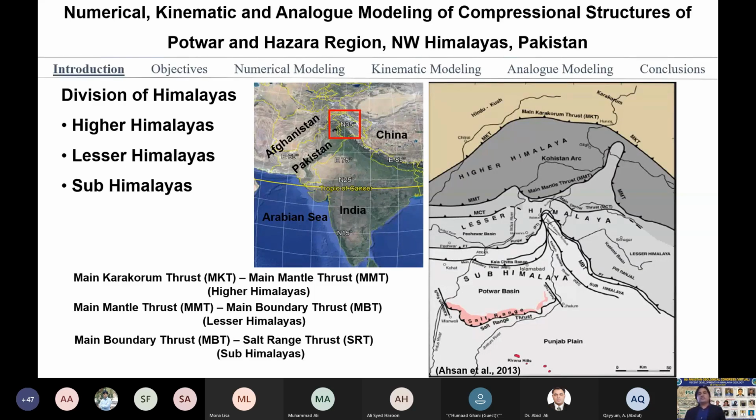Some other structural elements can also be seen in that figure, like the Jhelum fault, Kalabagh fault, and Syntaxis. But my focus will be on the major thrusts, starting from the south, from Salt Range Thrust to Panjal Thrust. This is the part which is considered the sedimentary part of the northwestern Himalaya, from Salt Range to Panjal Thrust, and there are different thrust faults which I introduced in my numerical modeling.